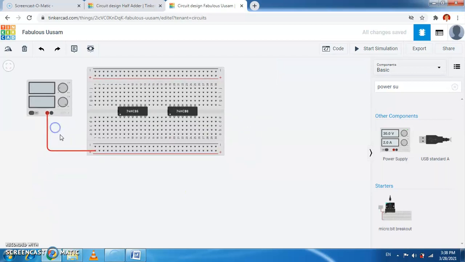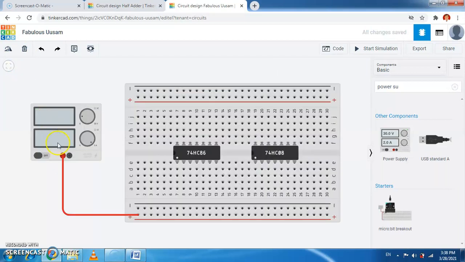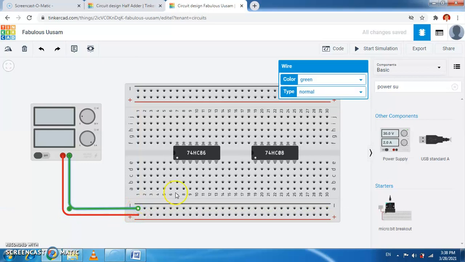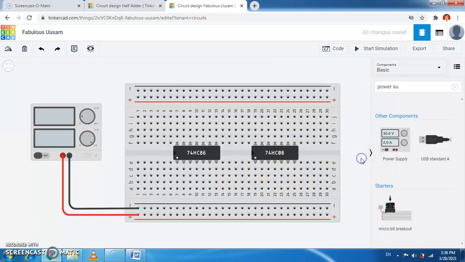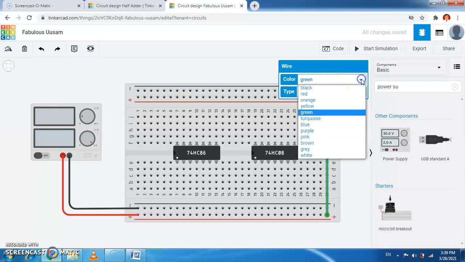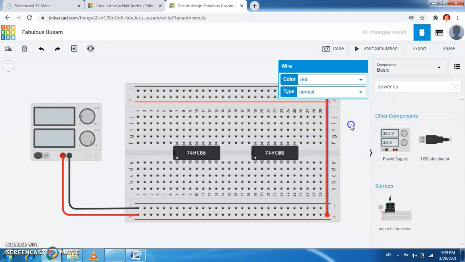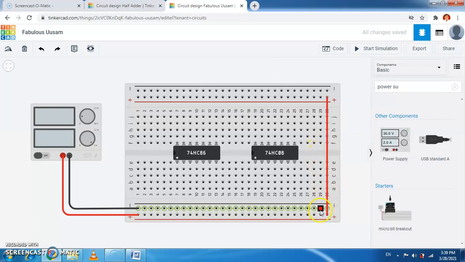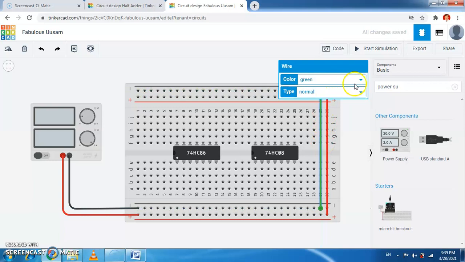Then we connect the negative, that is the ground. We show this wire in black color. Then you connect this supply on both sides, so that you can use it from both sides. This is plus, and we have to use the ground also. This is shown by black color.